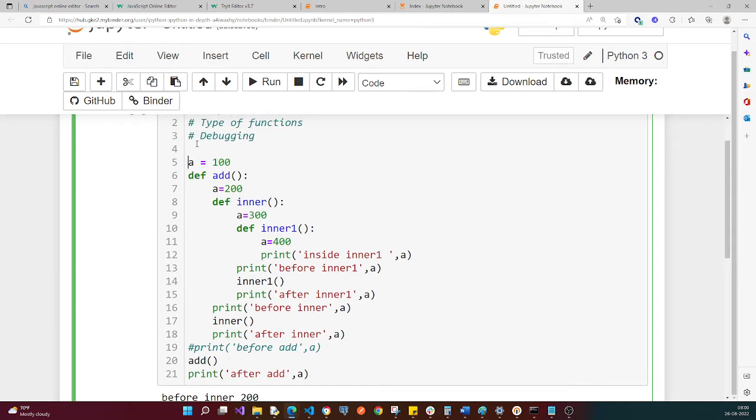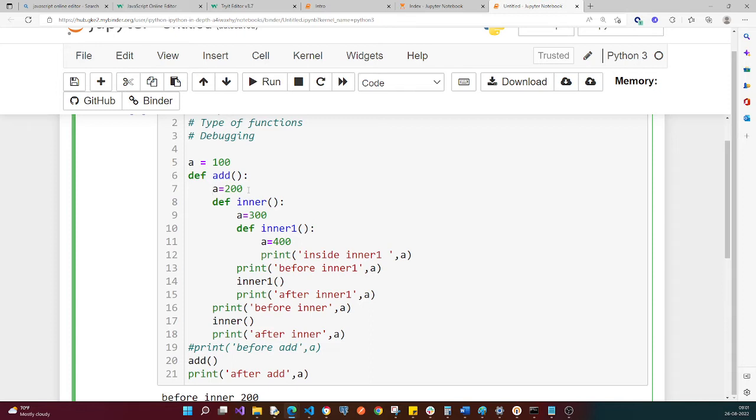Now, till now, what we have seen is we can access the local. If I create a equal to 400, it creates a local memory. I don't want to do that. What I want is to update the value globally. Right now, when I do a equal to 200, it creates a local memory. I don't want to create a local memory. Instead, I want to update the global. But both have the same name. So if I create a equal to 200, it will create a local memory,